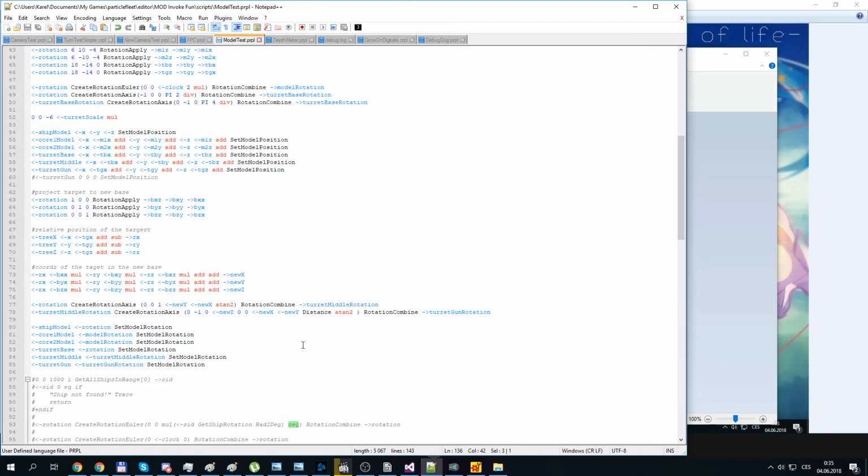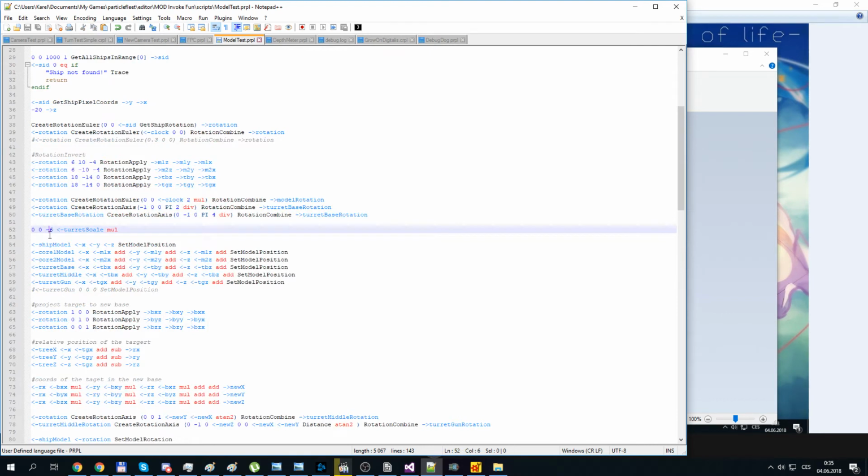Also, this shouldn't be negative because since I invert the modules, it is the same as if I have created them inverted, which means... No, I have created them where the Z was positive and I need to negate. So this needs to be negated, yes. So for that reason, multiply. Now I applied